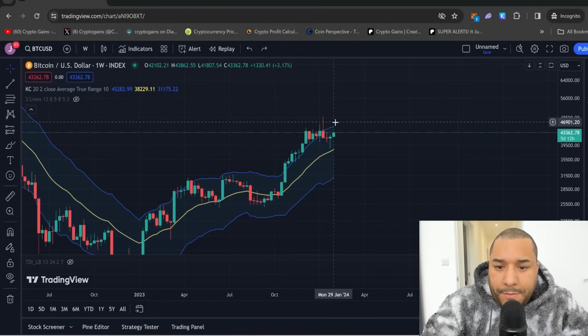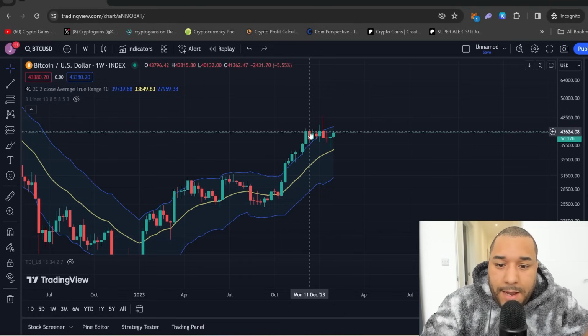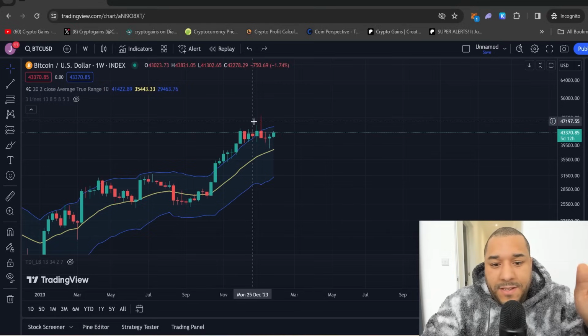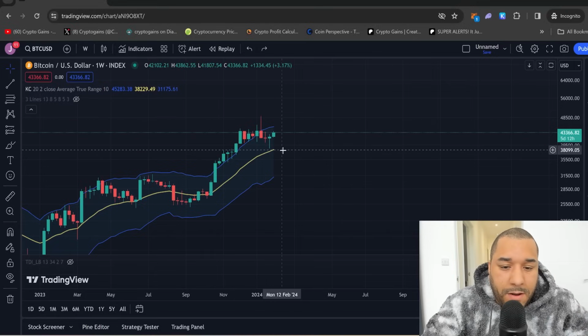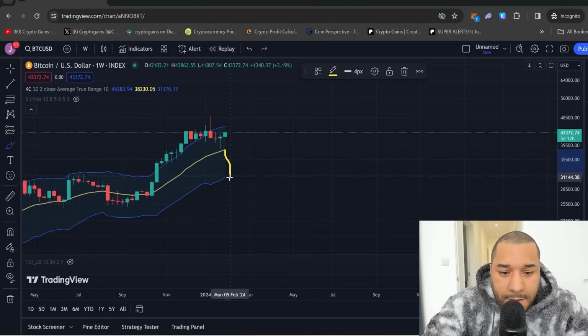If it breaks up and goes crazy and it starts coming up to 50,000 again, then again, we're coming out of this blue line. I would expect a bigger pullback, because we're breaking out of this zone again. And every time we break out of this zone, we always tend to come back in and pull back. So, what's the worst case scenario? If we break this yellow line, then maybe we could see a pull down to the blue line,